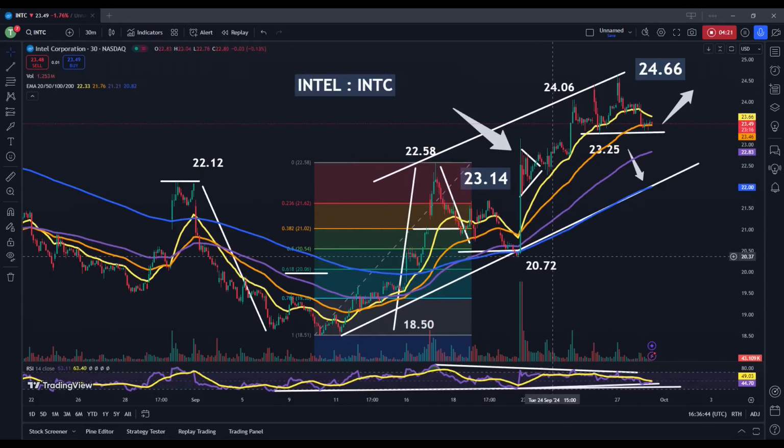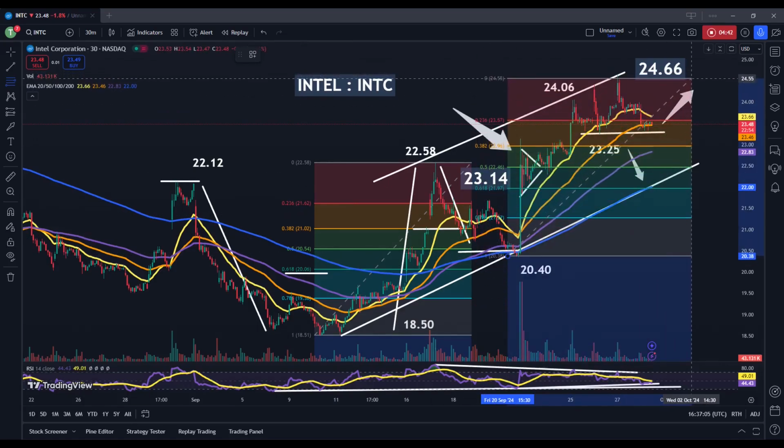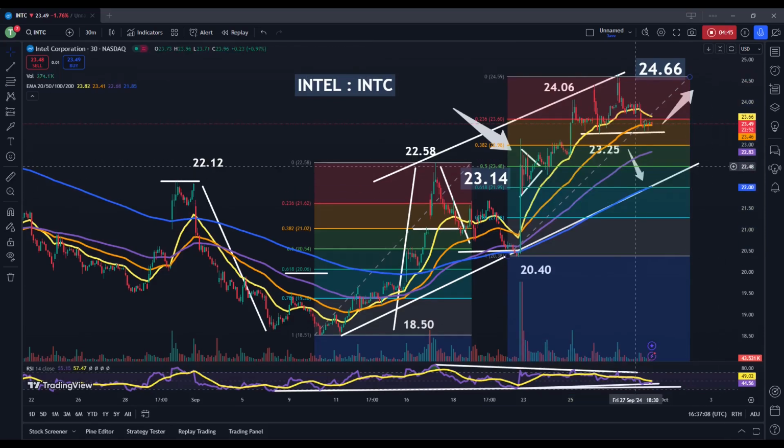So as we can see, what we're going to be using is this prior trend low, which came in right near $20.40. That would be a bit different from the 2072 support zone that was seen previously. That was more the breakout point. But if we're looking at the range low here, the price bottom, it comes in closer to $20.40. And as we can see here, the Fibonacci assessment of this recent trend movement would give us some fairly interesting